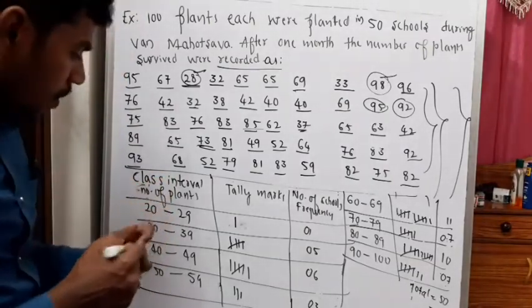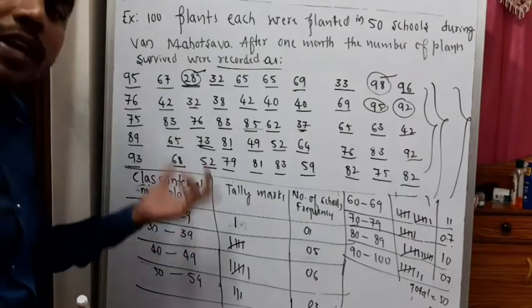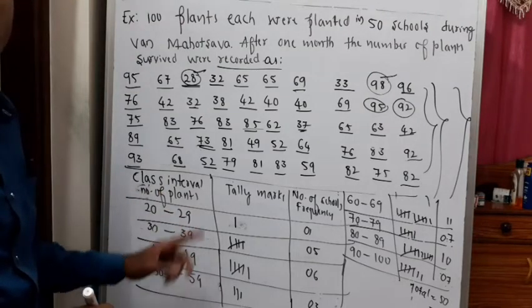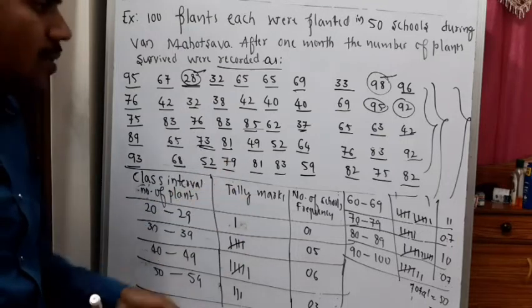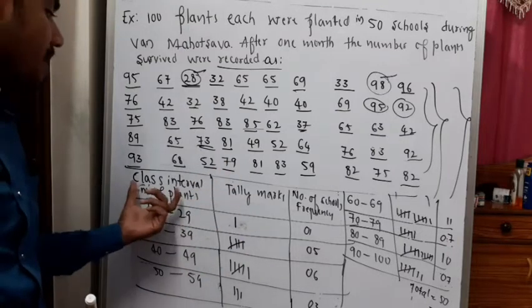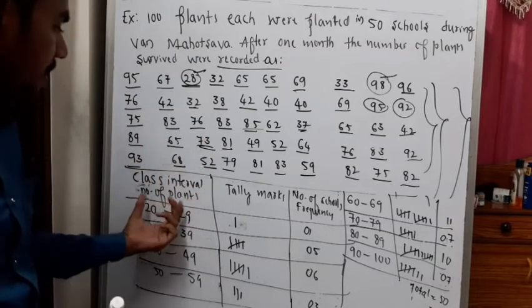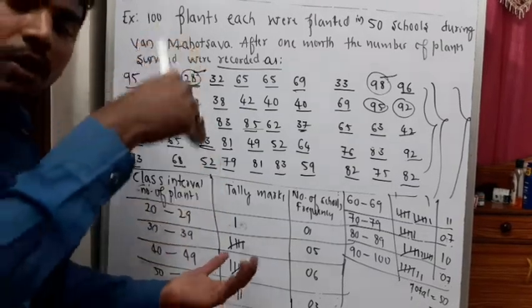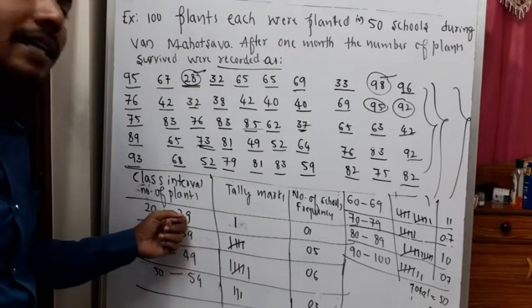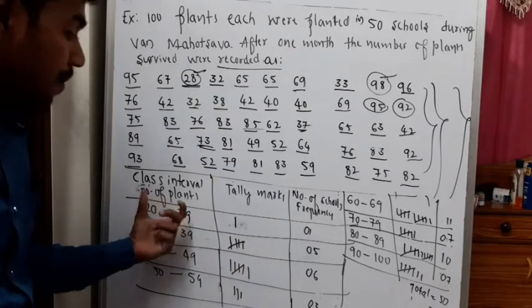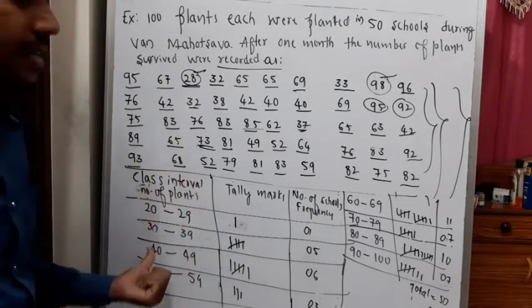See, even when you look at the class intervals, these are not continuous. When we need to go for continuous class intervals, I am going to explain in the next example. So please note this down. What is a class interval? The grouping of data, the group is nothing but a class interval. Its least number we call the lower limit. Its greatest number we call the upper limit. The class width is nothing but the size of the class interval.